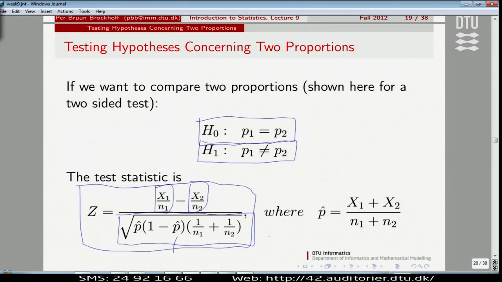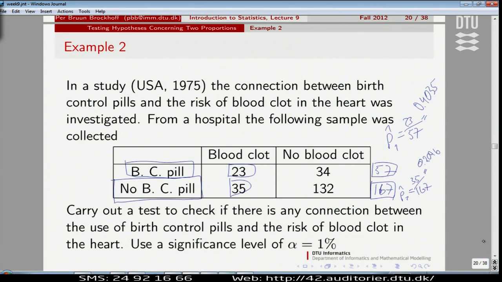There is a P in here in the formula. This is this kind of joint P, the joint risk, where I take all the diseased and divide by the total amount of people. Now, this would be one way of doing it based on the standard normal. And I could do it here, but I will not. That is as far as this is a tool that only works for two proportions. So we'll stop here and move on already to the next,